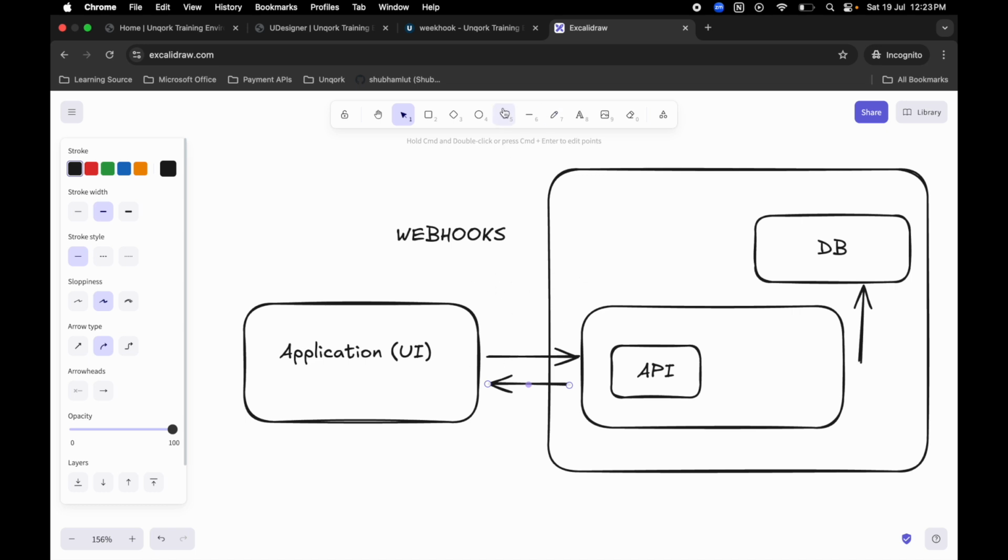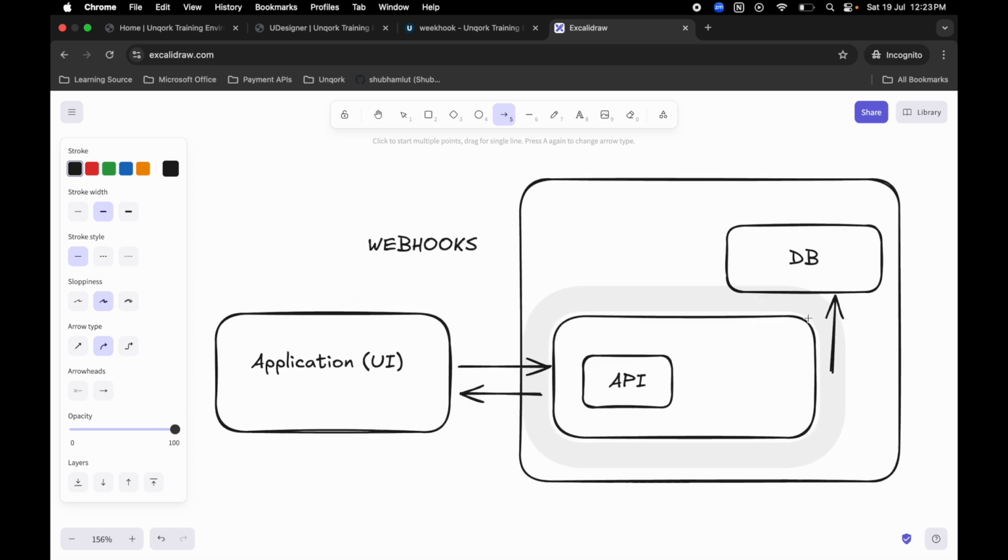So this is where webhooks kick in. A webhook is a notification mechanism, a kind of HTTP request. It's not a different technology, it's just an HTTP request that a backend server is making to a front end,